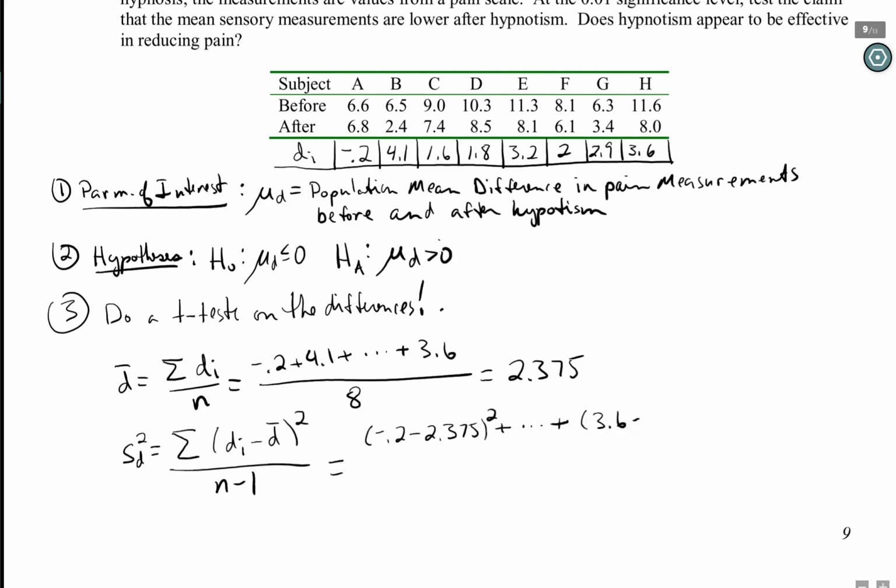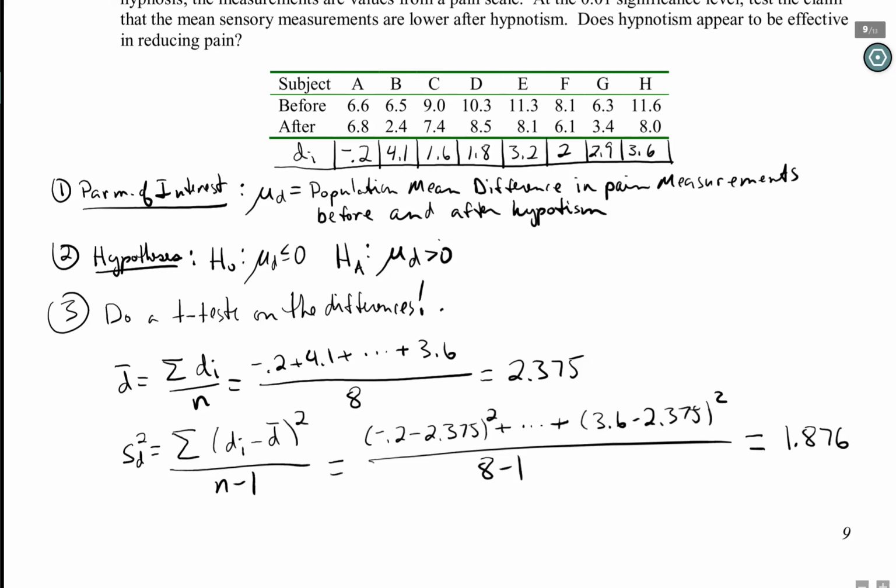Lastly, you'll have 3.6 minus 2.375 squared. Divide that by 8 minus 1, or 7, and if you do that, you should get 1 point, or close to